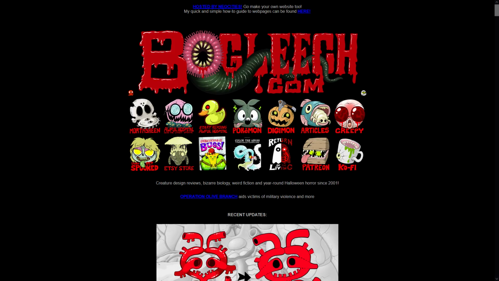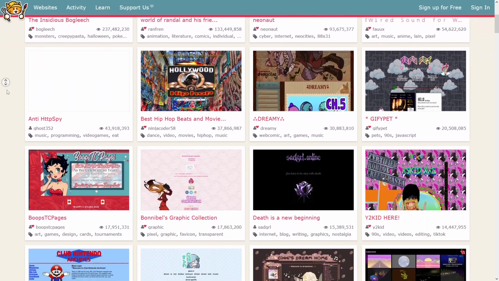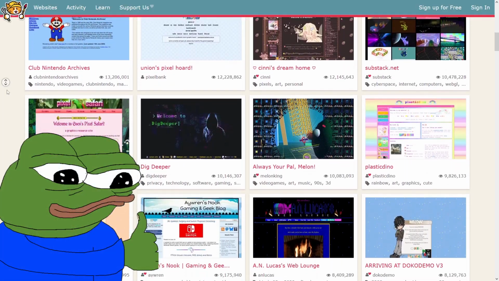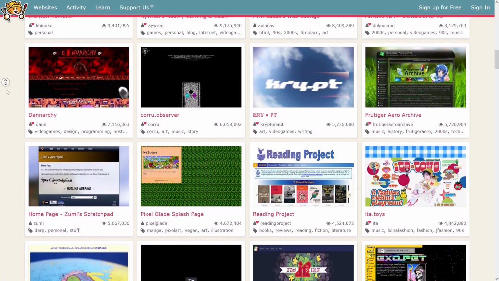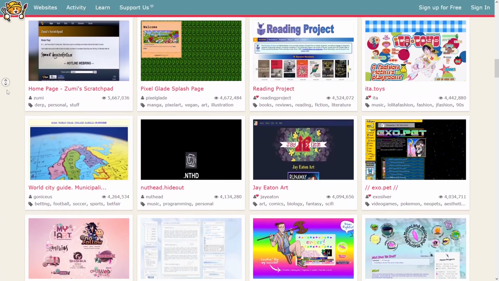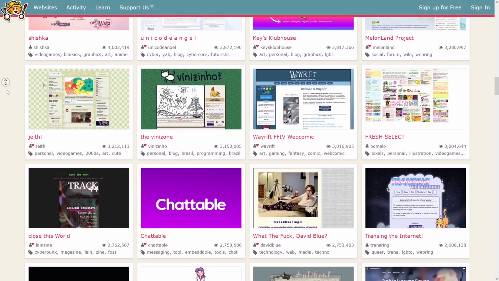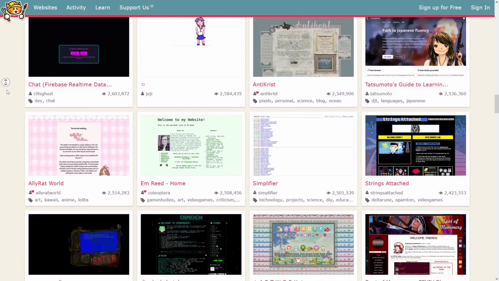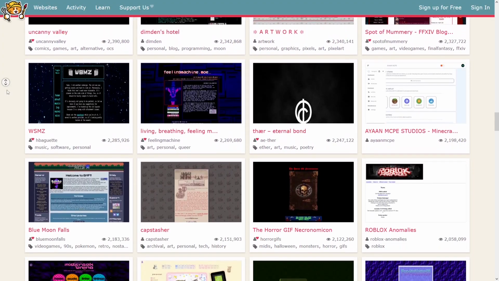Neocities does hold your hand a bit more when it comes to the web development side of things too, so if you're getting started with web development and want somewhere to either develop or host your site, Neocities, in my opinion, is the way to go. If you already have a site or need a professional look and feel to your site, GitHub Pages is probably for you. In my humble opinion, Neocities is the quintessential site that you should go to if you want to start web development or host your own personal website. It's free, it's cozy, it's easy, it's non-professional, it's just throw whatever you can into a HTML document with some